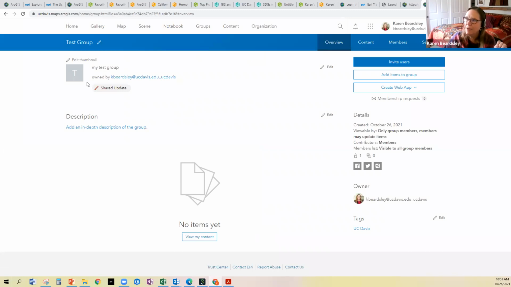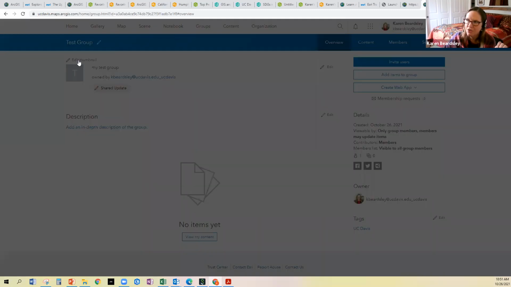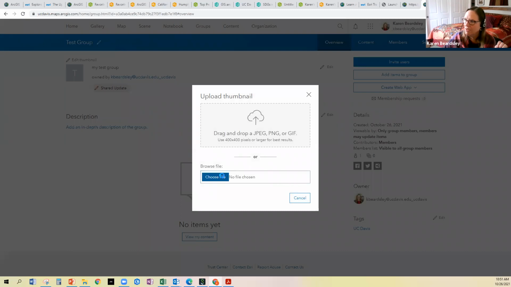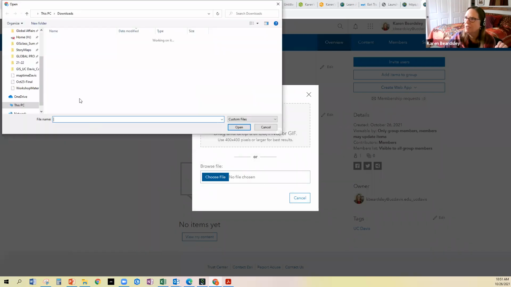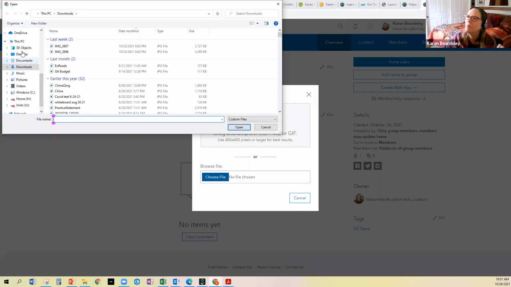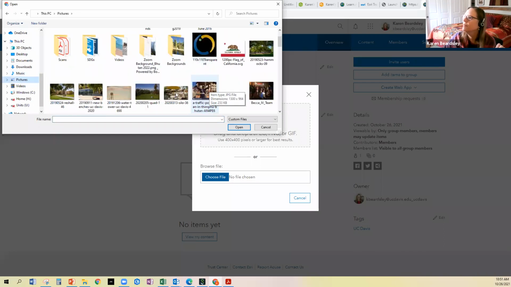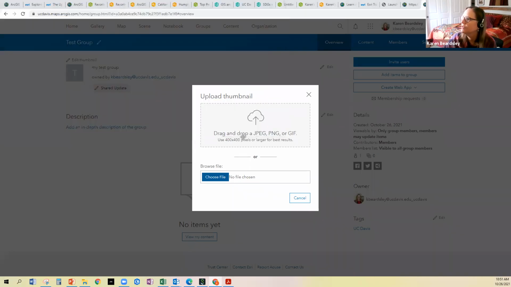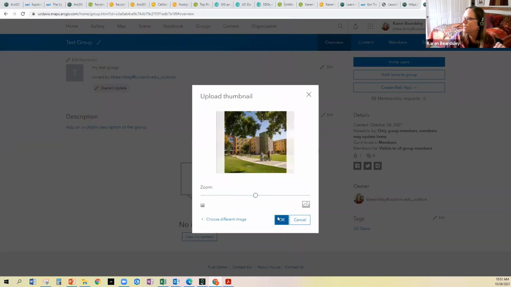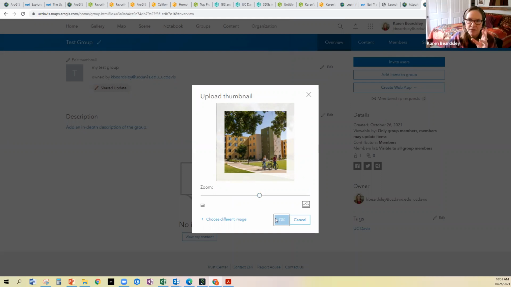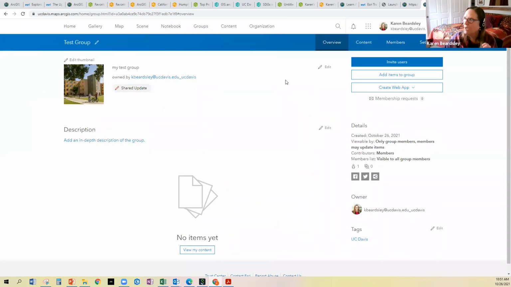Great. I can add a thumbnail picture to my group. So I can choose some file. I'm going to just pick a random picture from my pictures. Let's pick a UC Davis, somebody's picture there. Okay, there we go. Lovely. Let's zoom in a little on that. Okay, people with bikes, great. So it's easy to have a little icon for your group. And